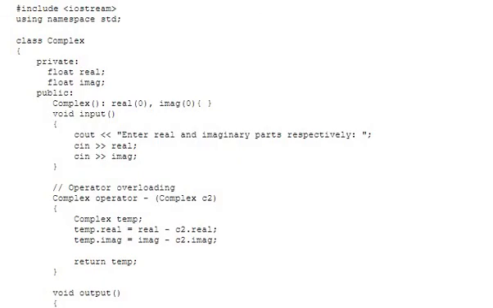If you are overloading a binary operator, you need to pass only one object as an argument, the second object as an argument, not the first one. So temp.real is equal to real minus C2.real, and temp.img is equal to img minus C2.img. No confusion regarding these type of things.